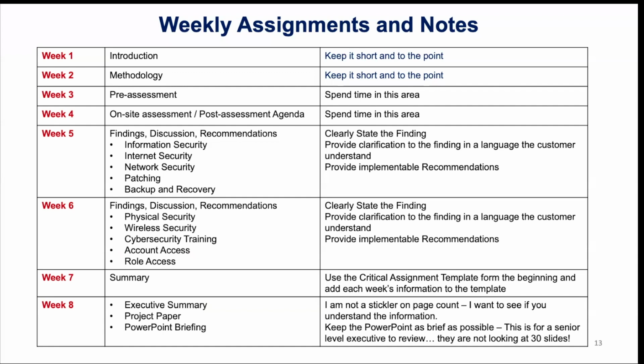When you get to week 8, that's really where you do your executive summary. Even though the executive summary is at the beginning of the document, week 8 is when you can go through and build about a 1-page executive summary, please, not 5 or 6 pages. So that's your project paper. I know the rubric says about 24 pages, but I'm not a stickler on pages. More isn't better. If you captured everything and it comes out to 18 pages, please don't go back and start putting fluff in there just to get to a 24-page count. If you feel you can capture what you need in 18, 15, or 7, I don't care.